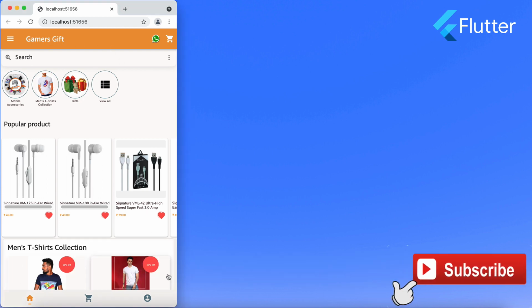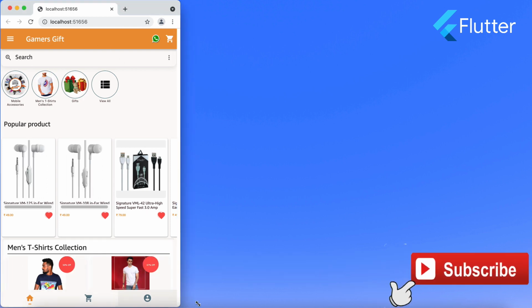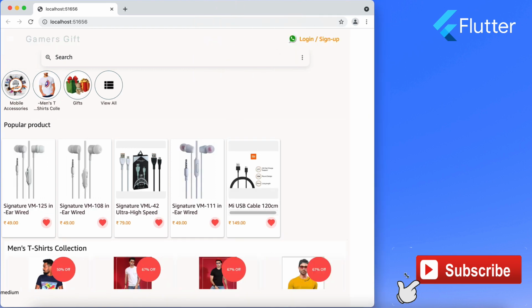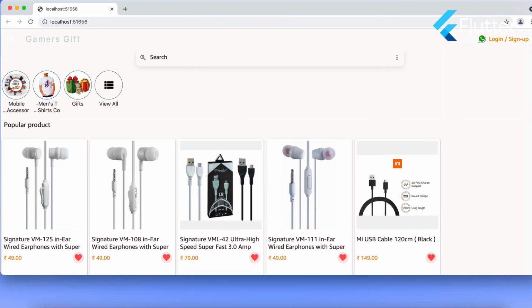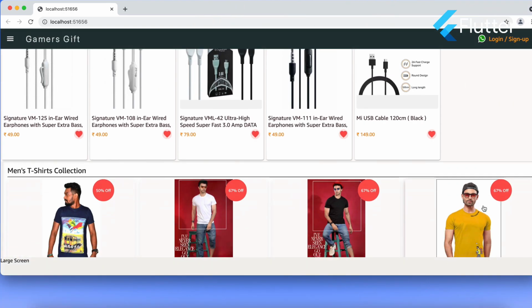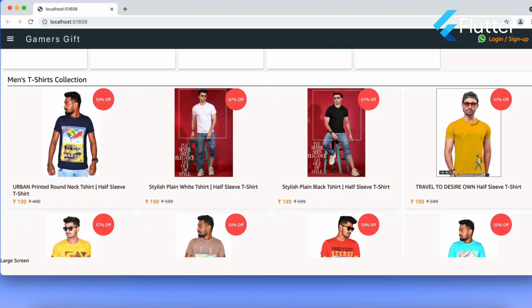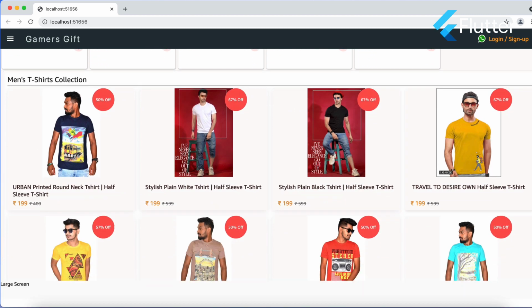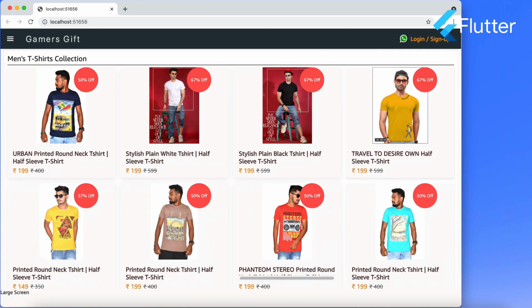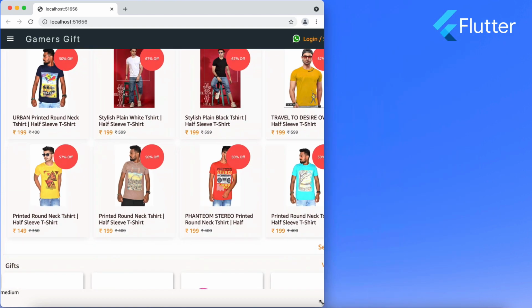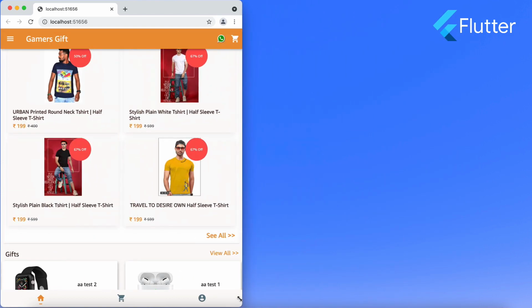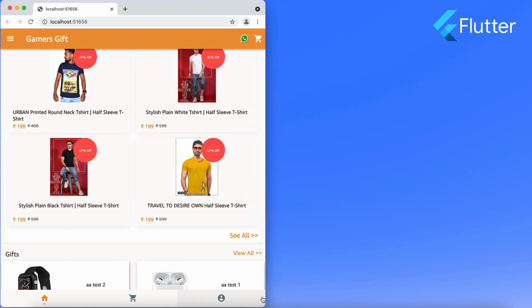This is one app that I am building for one of my clients. As you can see, this is in web view, and the total layout, image, text, everything is dynamic. Dynamic means the content will change according to the width of the browser. Right now, at this bottom, it is in mobile view.